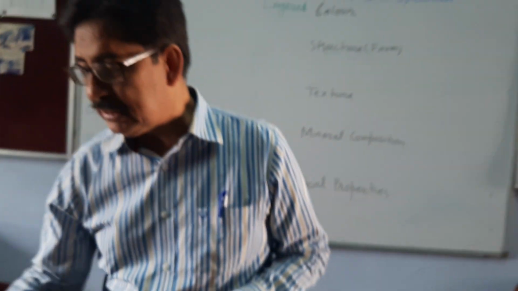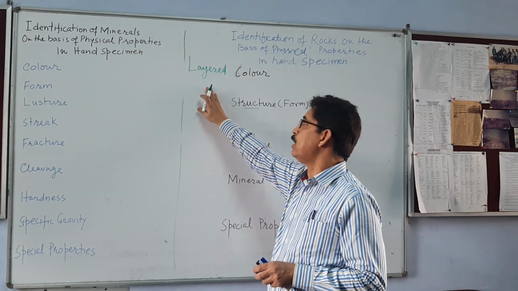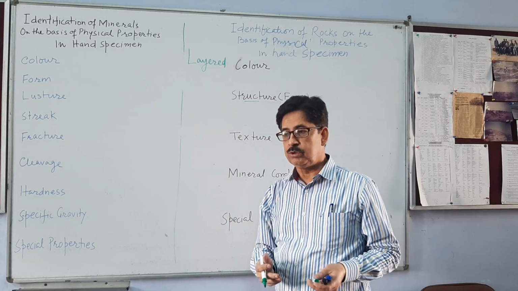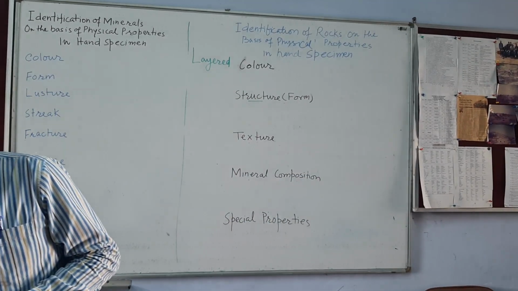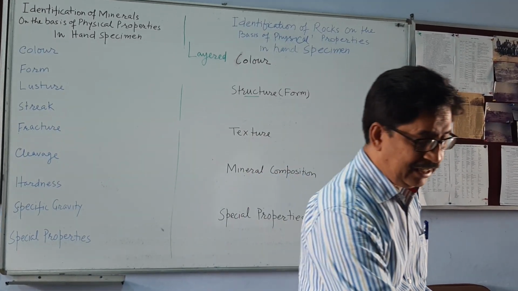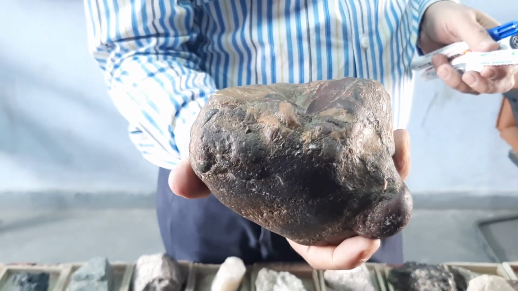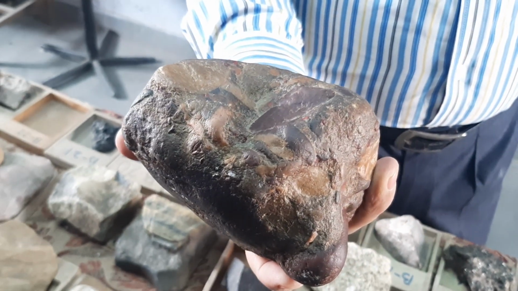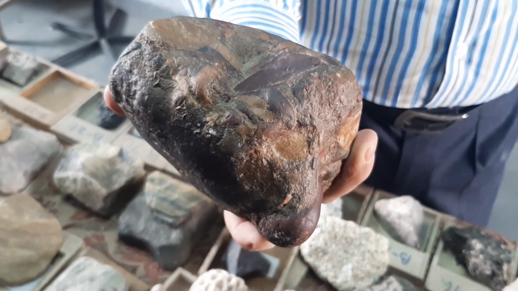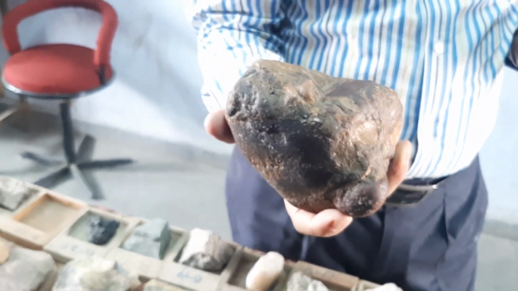So whenever we go for identification of sedimentary rock, we try to see if it is layered or non-layered. If it is layered, we will take it to be sedimentary rock. But as I have already told you, in case of some rocks the layering is not coming at the scale of hand specimen. See here, there is no layering, but this is a sedimentary rock. Why? The layering is beyond 1 foot or 2 feet or 3 feet or 4 feet, so that cannot come into your hand specimen. That's why identification of some rocks at the level of field is also important.